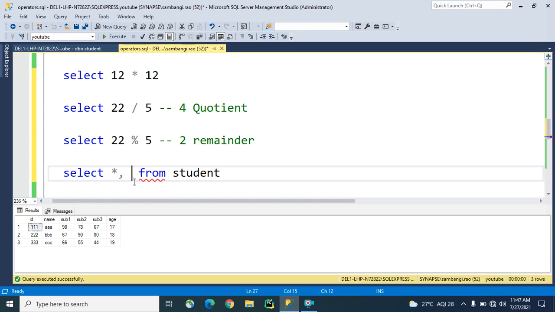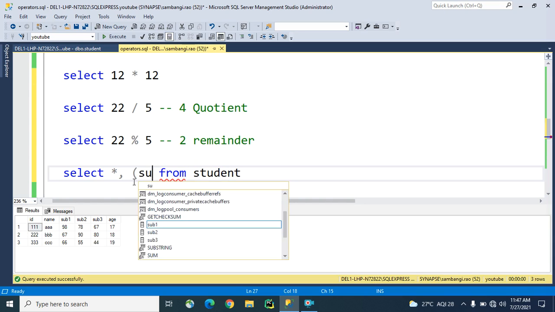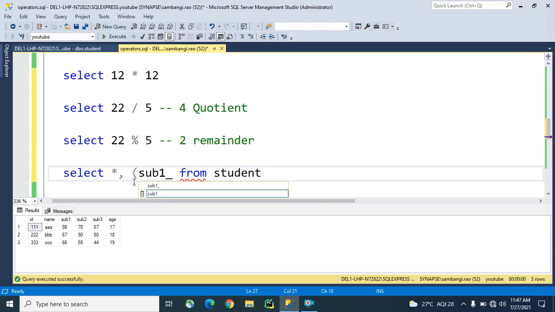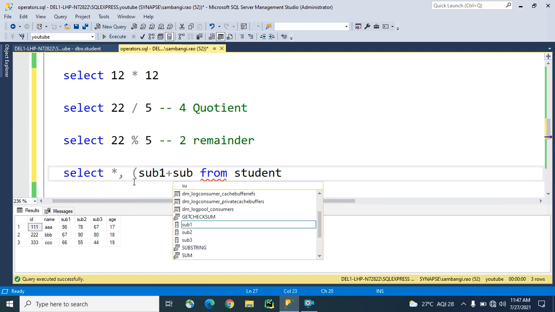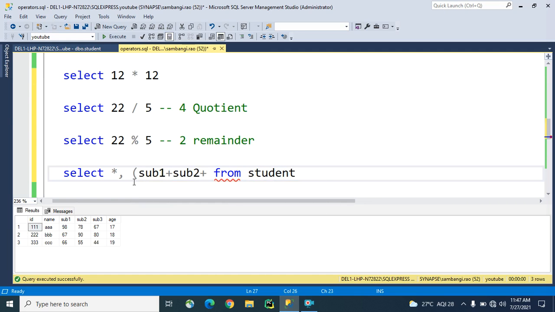Average means what we have to do: subject 1 plus subject 2 plus subject 3, divided by 3. What will give this? The division operator will give us the quotient value, not a remainder value.